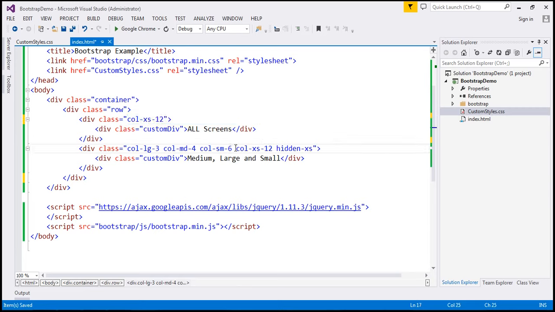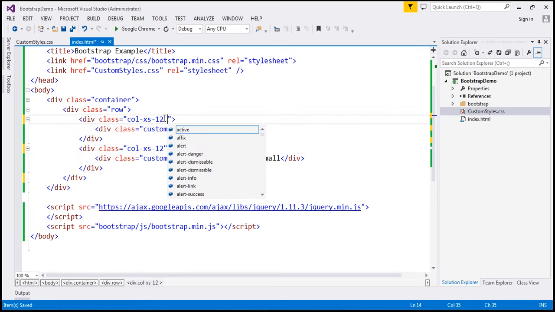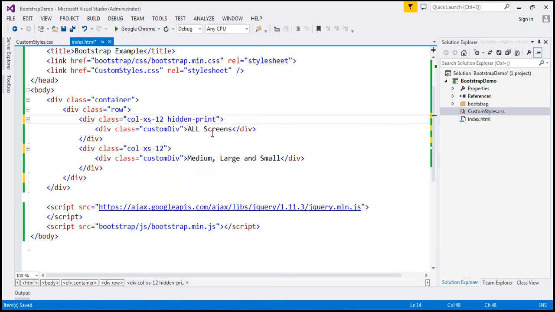So let's use column XS, and I'm going to get rid of this hidden XS class from here. Now, I want this to be hidden for print, meaning I want this column to be visible on the browser. So what I'm going to do is change the text to visible on browser